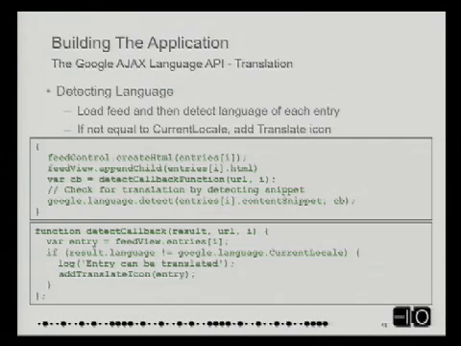There's lots of ways to stitch your app together. I'm sure everyone in this room has a better way of doing it than the way I did it. I just did a simple bind on a function that would allow me to send those results into the callback. So in the detect callback, I actually get the result, which will tell me what language it thinks it is, but then I also have the URL and the index into the entries. The reason I need the URL is if the person quickly selects a different tag and swaps the URL, I might have the correct index, but it's a different entry now. So I can make sure that I don't try to paint a T into something that I shouldn't. And then I just say, hey, is the result language not equal to the current locale? And if it's not, go ahead and add that translate icon.